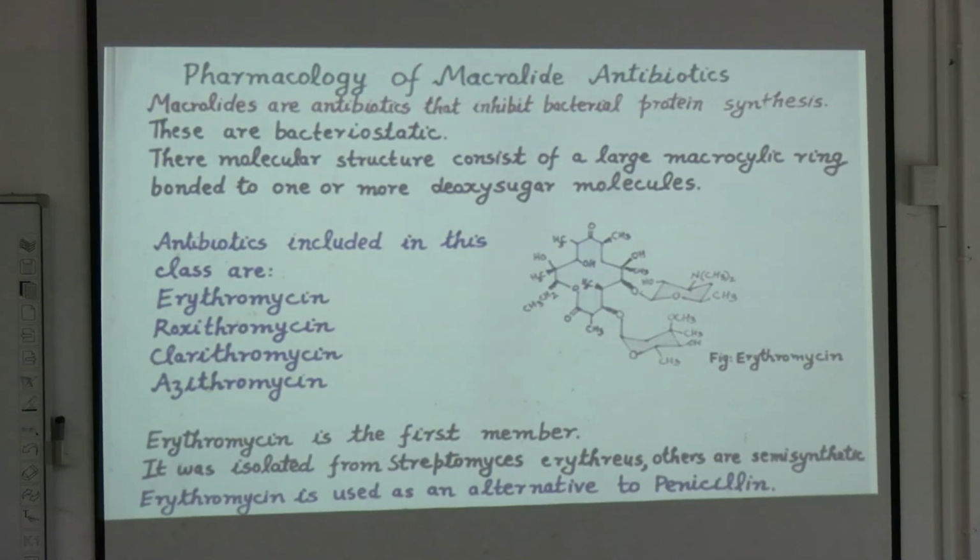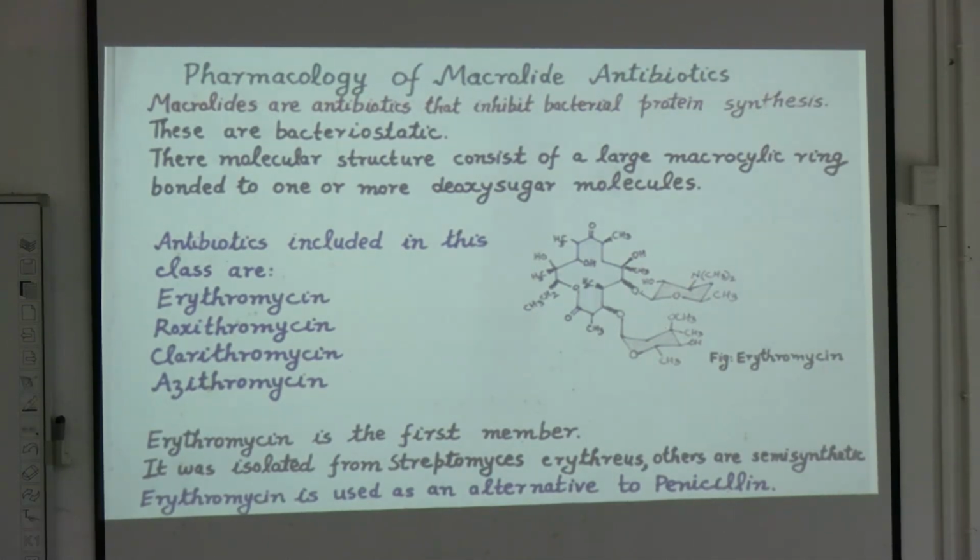And what are the important examples? Roxithromycin, not very commonly used these days, then clarithromycin and azithromycin. One of the brand names of azithromycin is Azithral. That is quite known to all of you or most of you. So azithromycin, roxithromycin, clarithromycin, erythromycin. Remembering these four names is enough. Now,